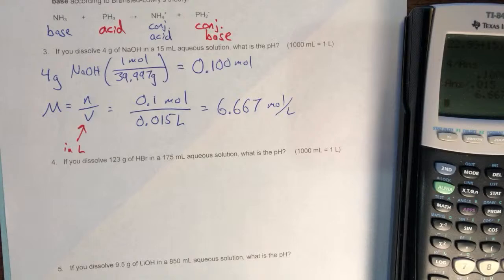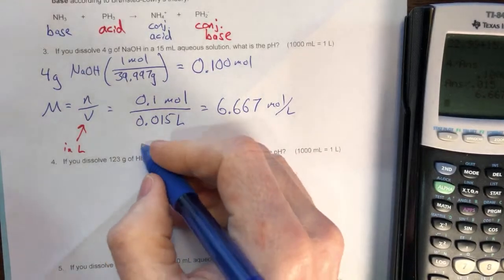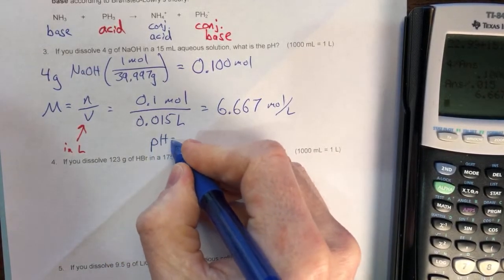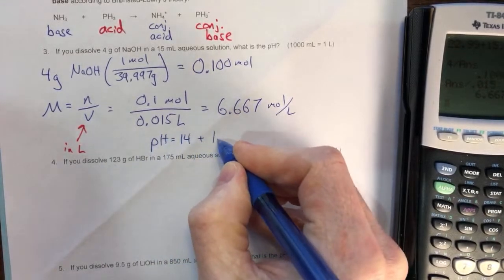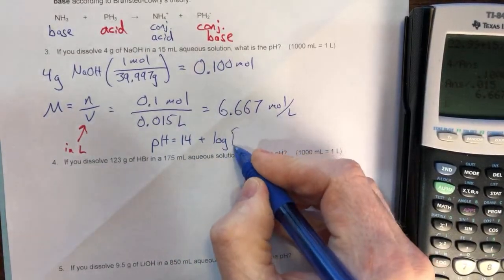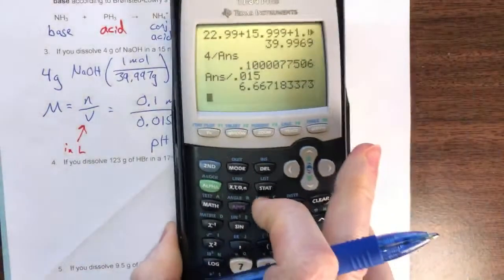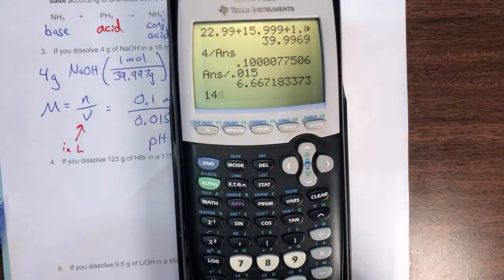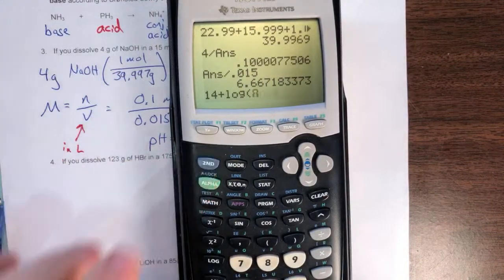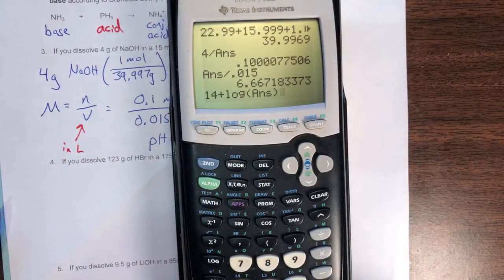Is that an acid or a base? Well, it's a hydroxide, so it, of course, is a base. And if it's a base, the pH is going to be 14 plus the log of this OH minus molarity. So we can go ahead and type that in: 14 plus the log of that previous answer. And we are going to get